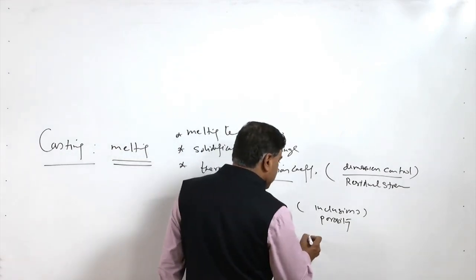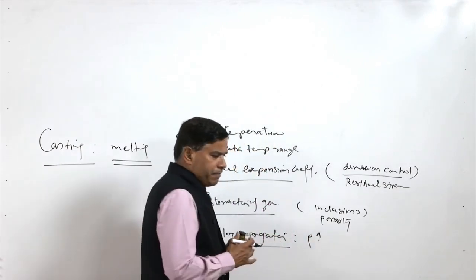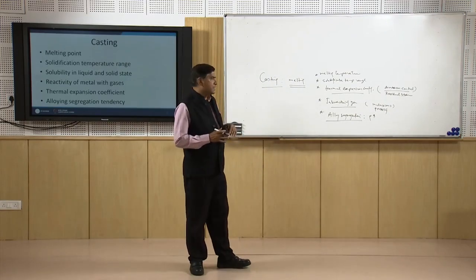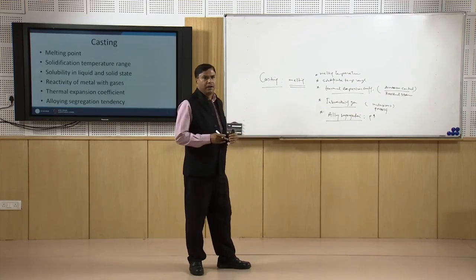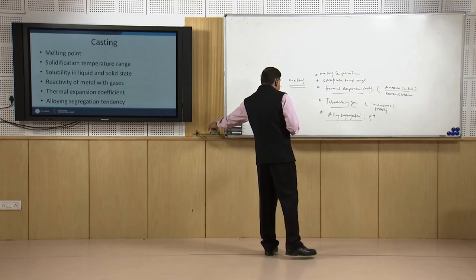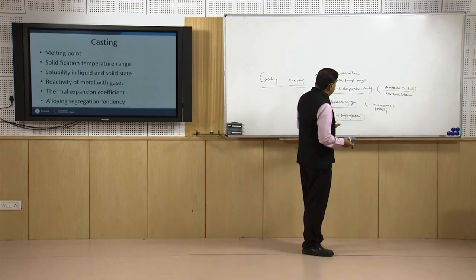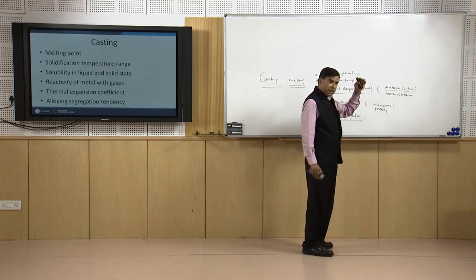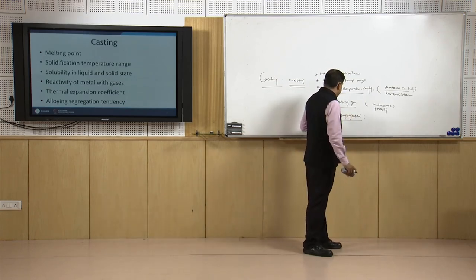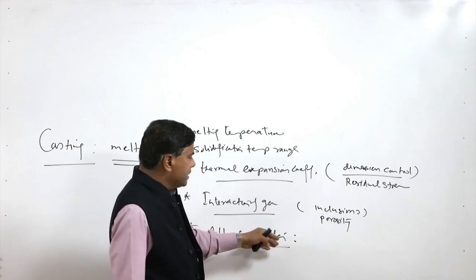If the difference in density of the solvent and the solute is too high, then alloying elements will tend to settle down or float over the surface. So, the differential physical properties will lead to an increased segregation tendency of certain alloying elements. At the same time, an increased solidification temperature range also increases the alloy segregation tendency. So, if the metal being processed has a higher alloying element segregation tendency, then it will be